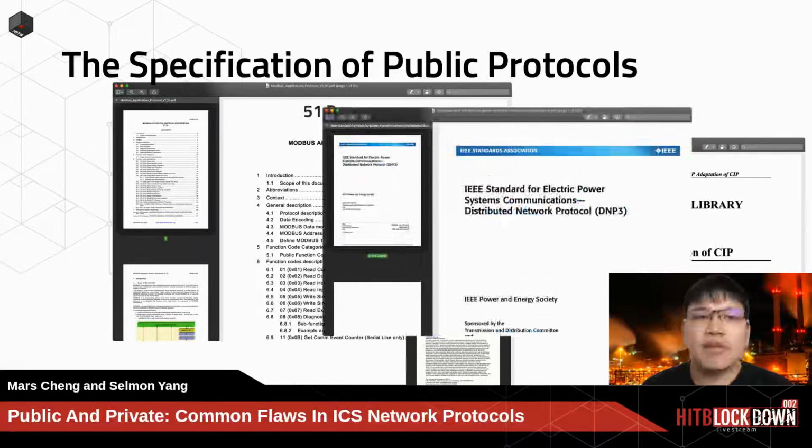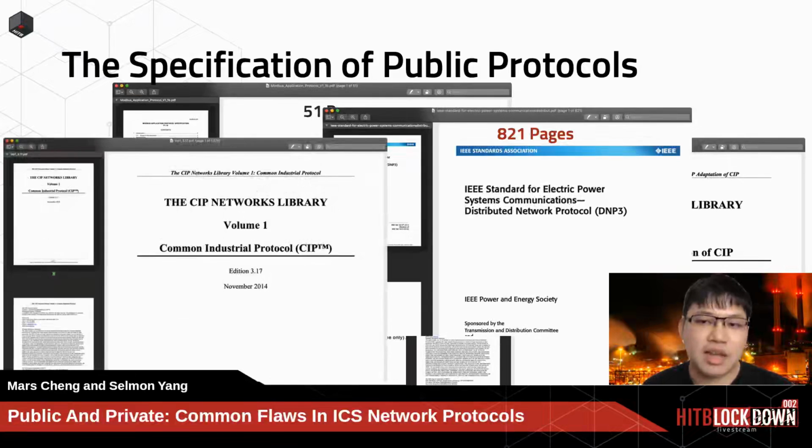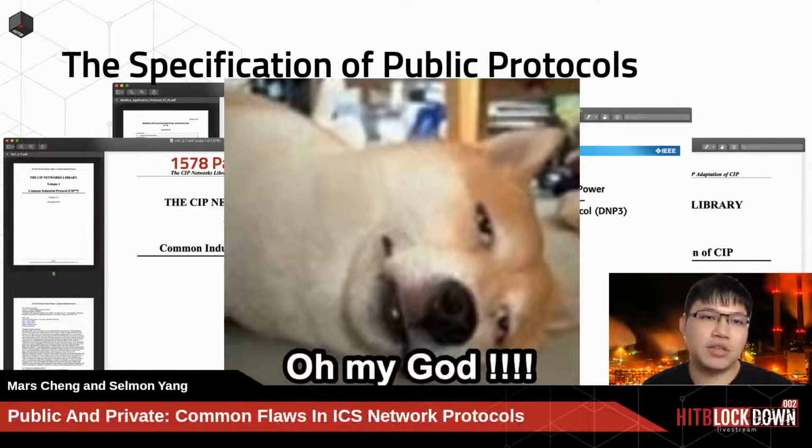DNP3 has 821 pages, but EtherNet/IP CIP volume 1 has more than 1,500 pages. So when you see those specifications, it is really an oh-my-god type situation. You still need to spend a lot of time to read those documents, to understand how the protocol works, and try to write exploit code, and try to attack PLC or HMI.